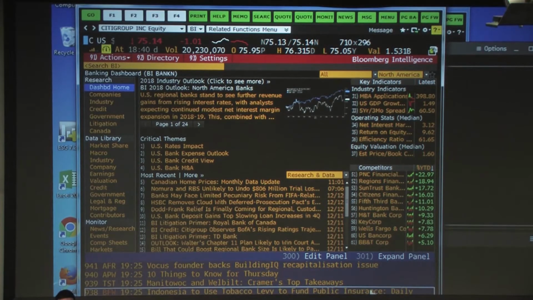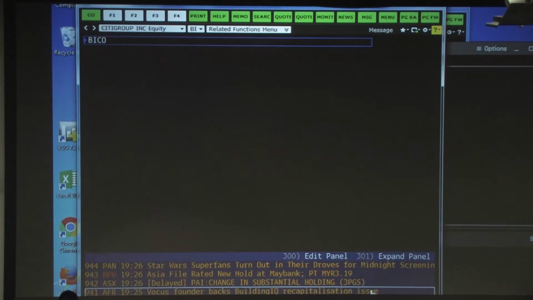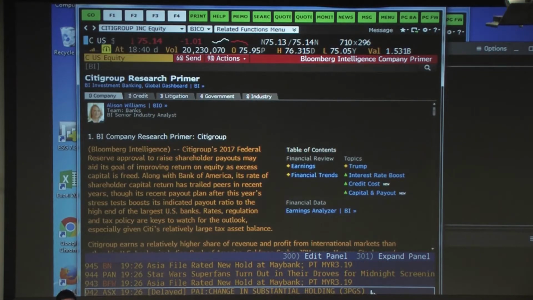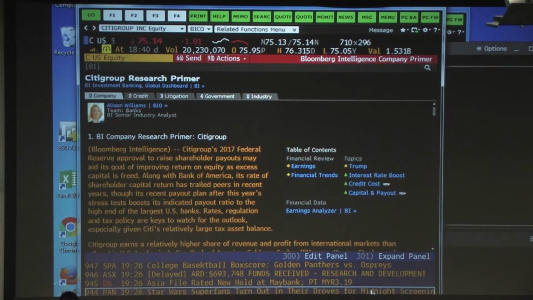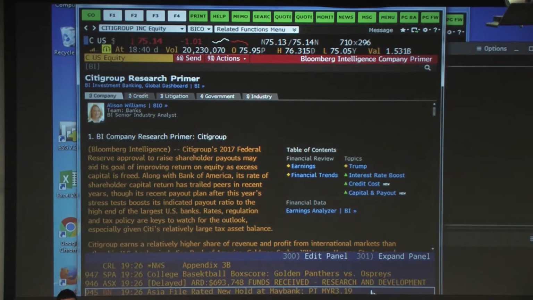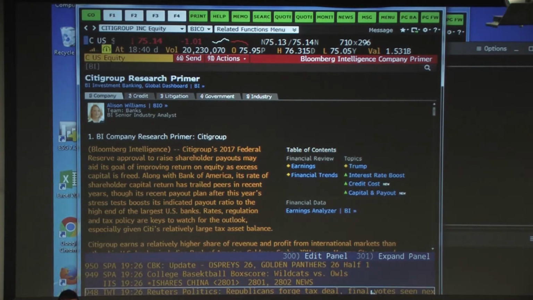Bloomberg has a function called BICO, and that gives you an overview of what the company does in a nutshell. If you're looking for your 4 minute review of the company and everything it does, to do a quick pitch of it, this is where you would go. The BICO function highlights a research analyst's report. If you've heard of equity analysts, this is basically what they do. They research one stock or an industry of stocks, and they provide their analysis,